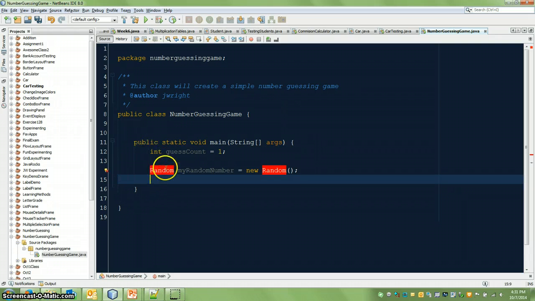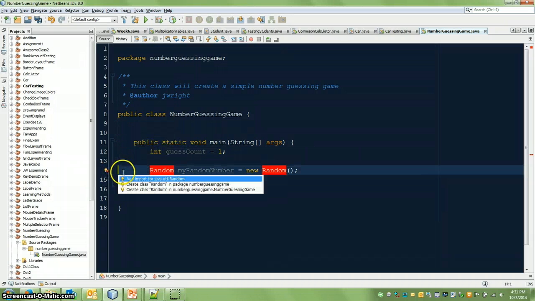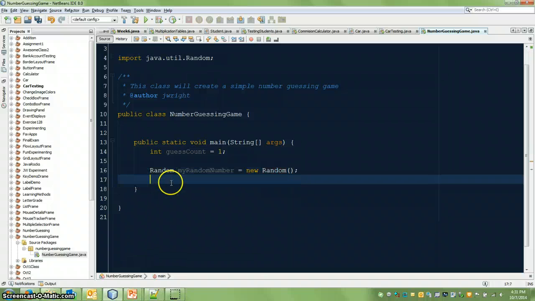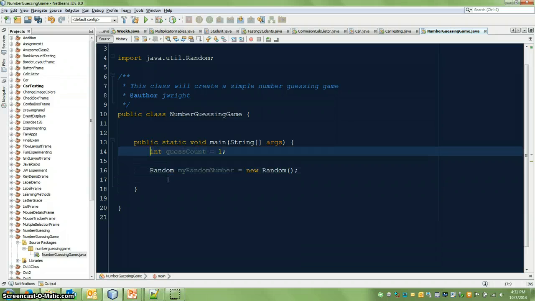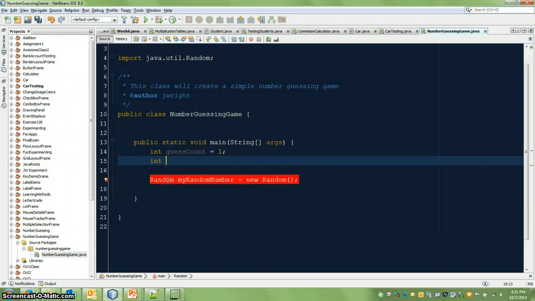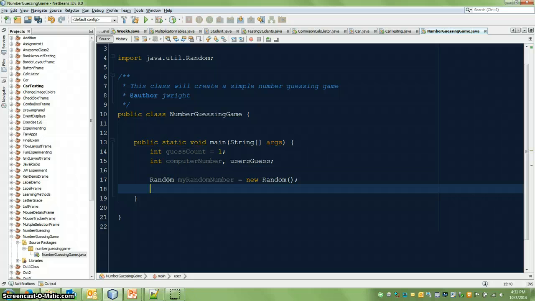And it's highlighting that in red because that's not part of the basic package. So if I left click, I can add an import for the Random. And up here we see it imports the class called java.util.Random. So now I can create a random number. So let's set aside the idea of the computer number, right? Whatever the random one is, and the user's guess. So the computer number is going to be equal to,